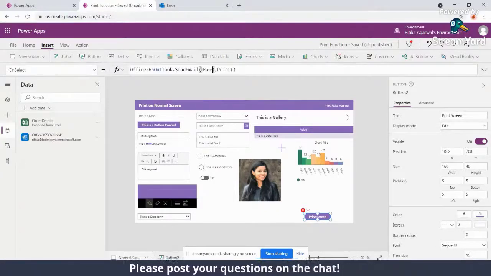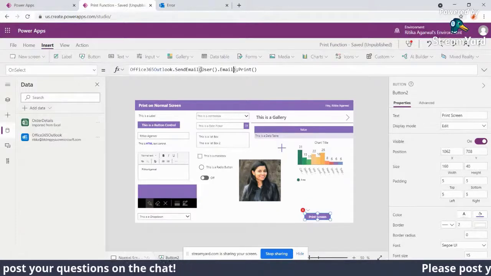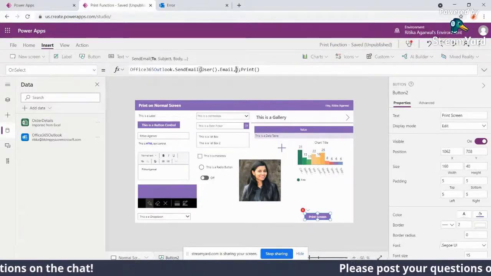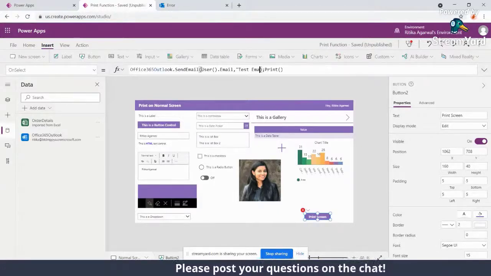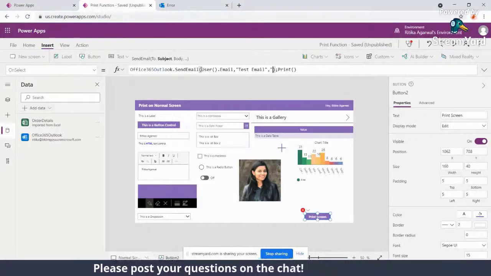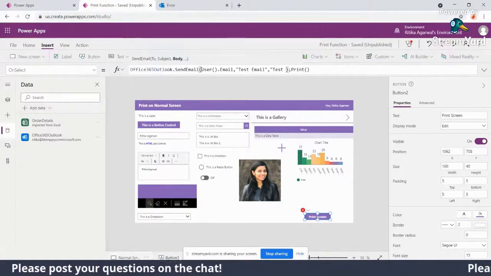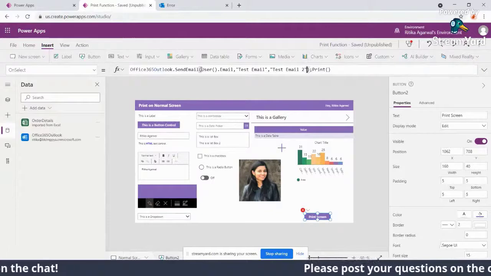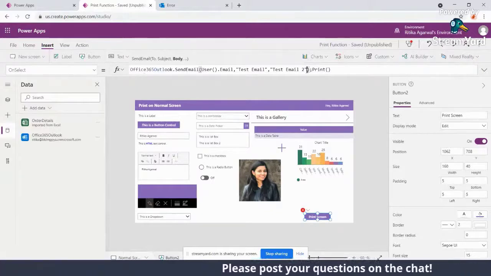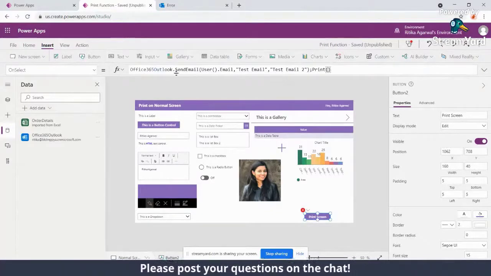So this is just a test. I want to send out an email to myself, and for that, I'm using the User().Email parameter. And then I'll say this test email as the subject, and the body is going to be test email again. So I just added an email action along with the print operation.